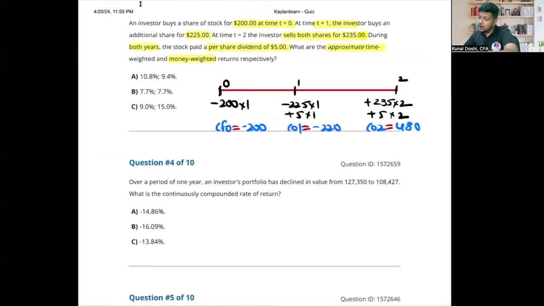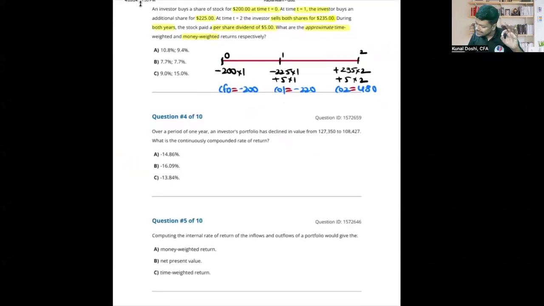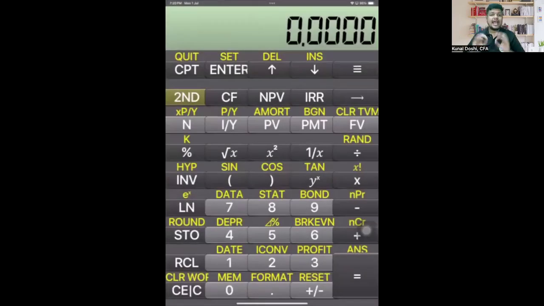Clear? So for the money weighted rate of return, I will go to the calculator, and there is a cash flow function below enter. Press that, CF0, and press second and clear. Clear is on the bottom. That is to clear the previous numbers, but you can do it twice, just to ensure that there is nothing already out there, because sometimes there are previous numbers and they will disrupt your answer. Everyone with me? Cash flow function, right?